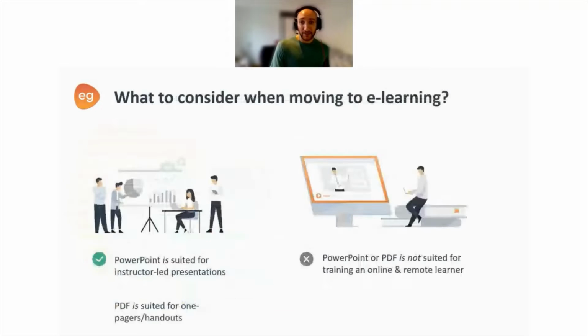And there are some things that you do need to consider when you move to e-learning as well. And I know it does sound a bit like I'm bashing PowerPoints and PDFs, but I'm really not trying to just do that. I'm actually using a PowerPoint right now, and PowerPoint does have its place, but it's not necessarily in training people remotely. PowerPoint is good for things like in-person presentations that are led by an instructor, situations where